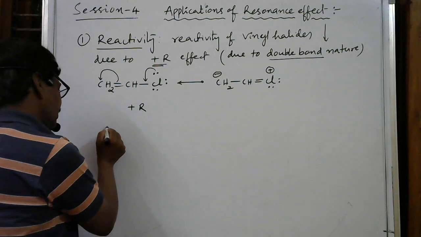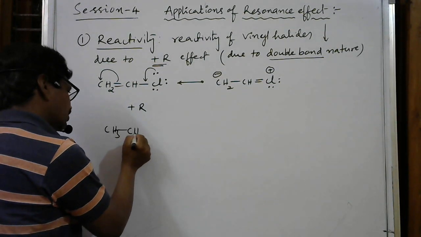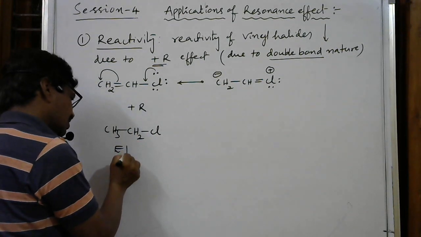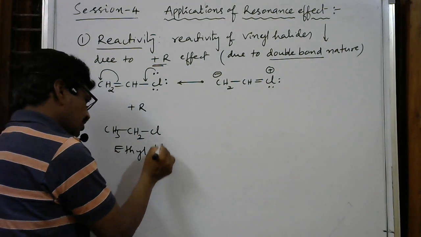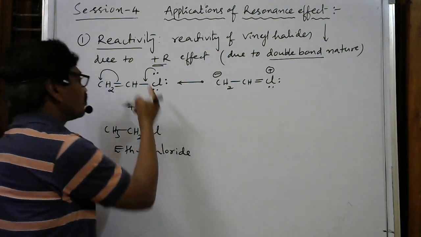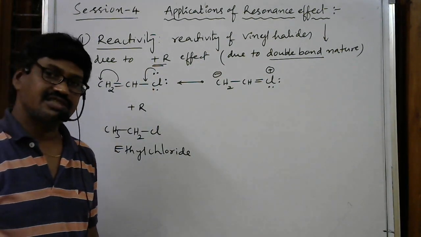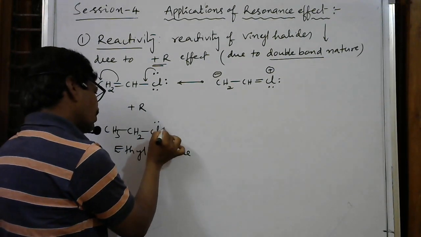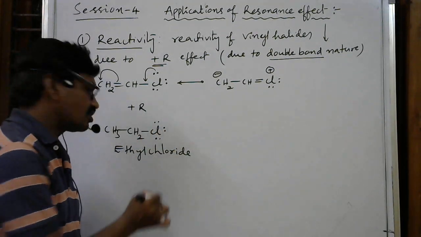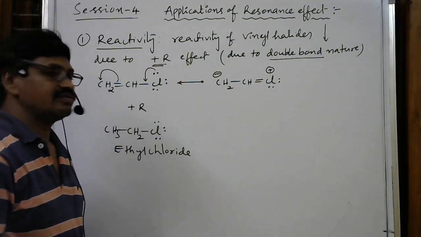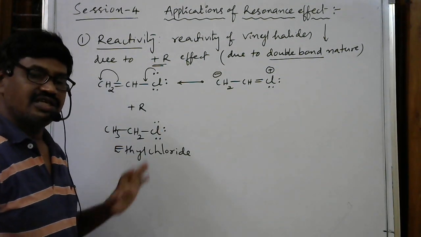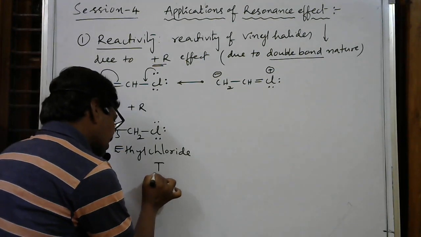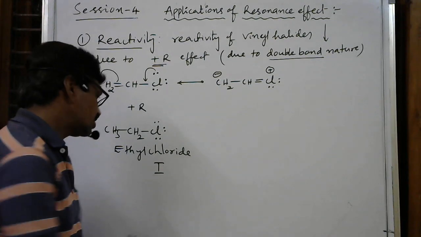And here I am taking one more example, not related to this, but only for getting an idea. Here it is ethyl chloride. Compared to ethyl chloride, vinyl chloride has less reactivity. Why it is so? Here on chlorine, lone pairs of electrons are also present, but these lone pairs of electrons are not in conjugation with the double bond. There is no conjugated system, so plus R effect should not be considered. Here we have to consider only the inductive effect. That too, which I effect?